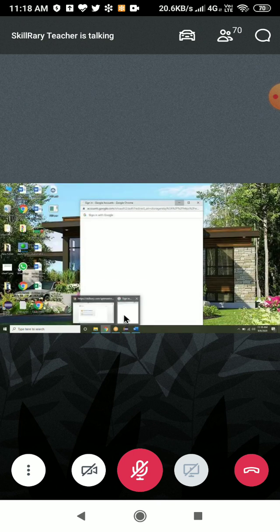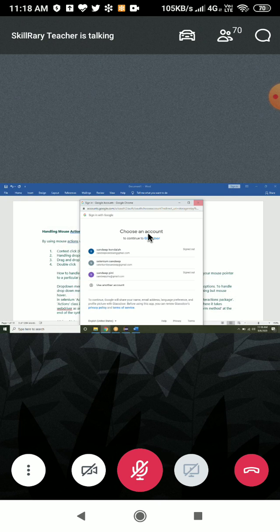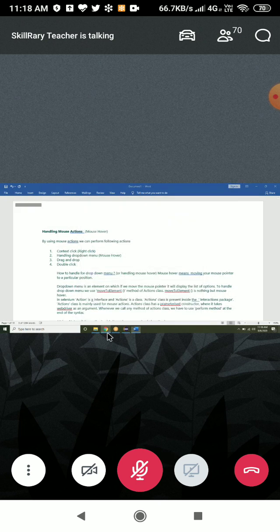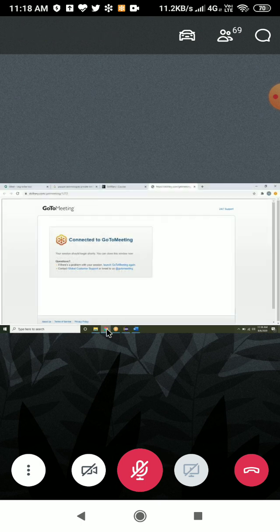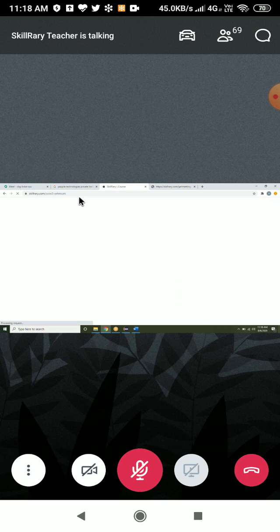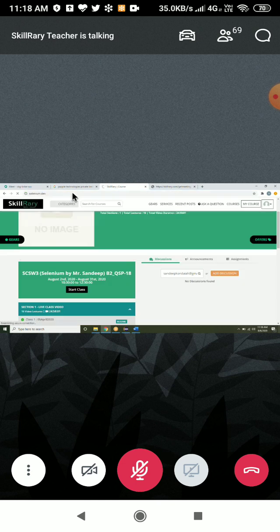Actually, the reason why I have not taught you how to scroll is that in Selenium there is no need of scrolling. For an example, let me open one application. Let me go to selenium.dev. For an example, I want to click on the download link of Java.